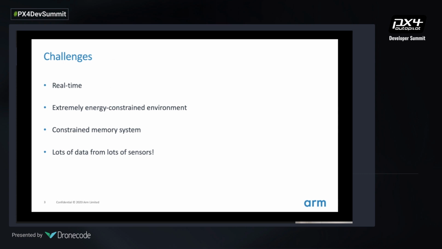So I guess I'm coming from an IoT space, right? So why am I here and why am I talking to you about machine learning on drones in some ways? I think really when we look at the challenges in drones, they're very similar to some of the challenges that we see in other spaces like IoT, for example, or robotics. And these are that real time is a really important thing, and we have to make sure that we are making decisions in real time.